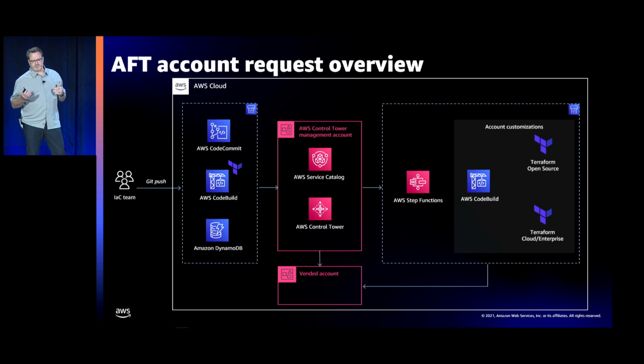So one of the things that we do if you're using Cloud or Enterprise is we do actually create temporary credentials, apply those to the workspace, and those are only active for a short period of time. So one of the things about it is that it has the goodness of using short-lived credentials, but on the flip side, if you really think through it, those credentials are only going to expire pretty soon. So you do have to rerun the pipeline if you want to get those credentials again from there.